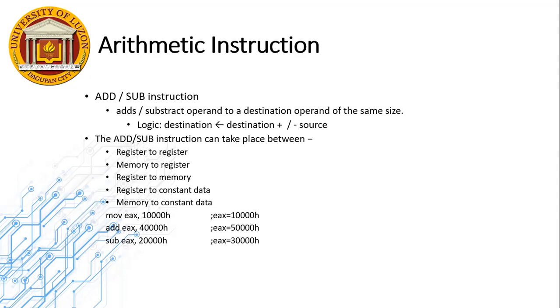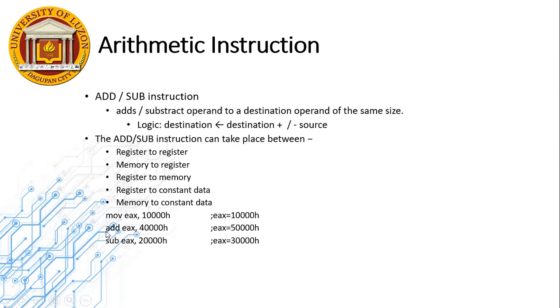So an example is, if I wanted to move 10,000 hexadecimal to the 32-bit accumulator. After moving the value to the 32-bit accumulator register, I'll have the value of the EAX now as 10,000 hexadecimal. And if I wanted to add 4,000 to that, I could just simply use